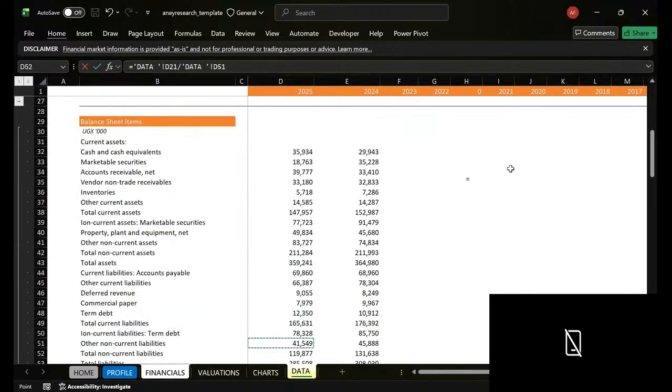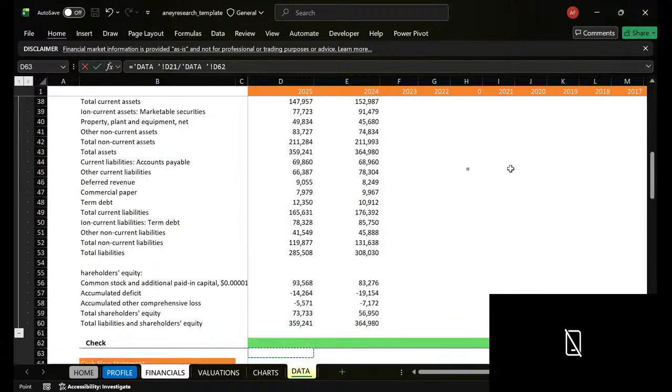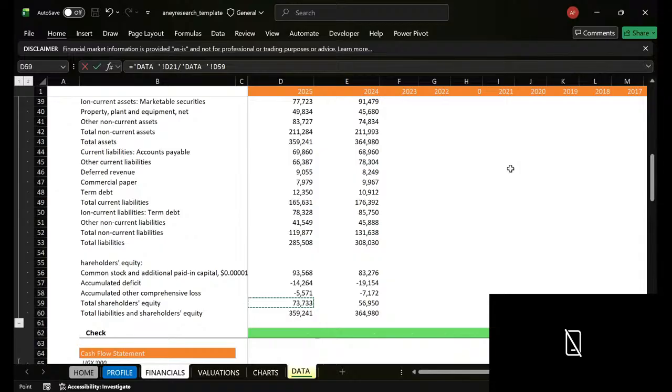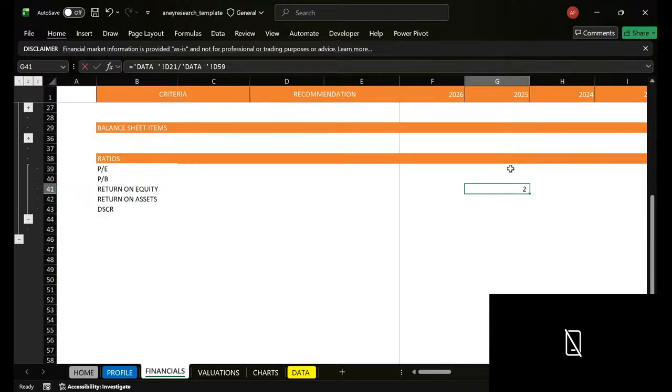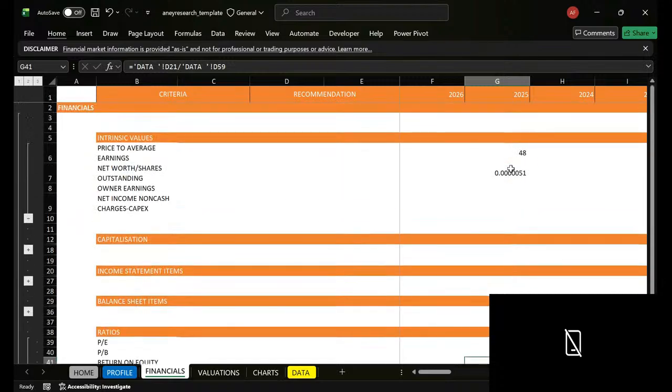Divided by the shareholders' equity. So even here I hadn't converted to percentages. Okay, yeah. Let's just increase the decimal places. Not bad. So 151%, a very high return on equity, but